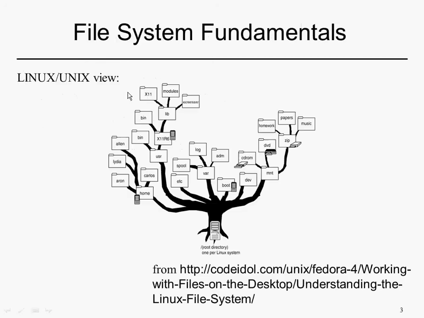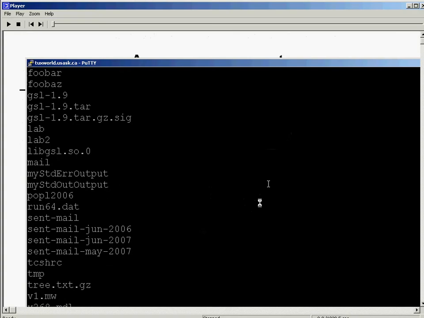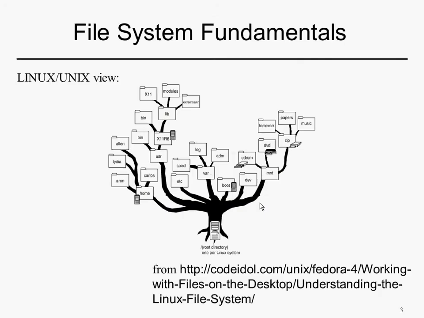So one issue is that I noted that in Windows, different devices are traditionally mapped onto different trees. Each device, like a CD-ROM device, has its own directory tree. Disk drive 1, C, has its own directory tree. Disk drive 2, D, has another one. Within a Linux framework, we have a single overarching directory structure associated with it, okay? And different devices are so-called mapped or mounted, which is a more technical term for it, onto different areas of this